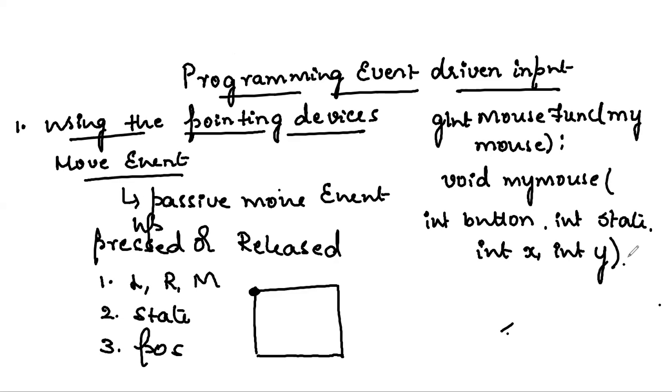Now if I want to define a function which will terminate the program once the left button is pressed, and if you press any of the other buttons, there should be no action taking place, what should be written? That means what should be the body? I repeat, when I press the left button, it should terminate. When I press the right button or the middle button, it should remain as it is, with no action performed. For that, inside the body we shall write it as if